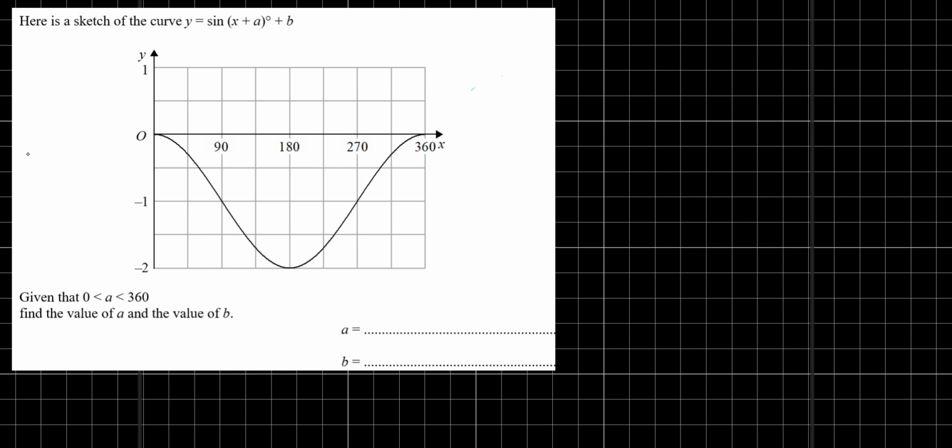A sketch of the curve y equals sine x plus a plus b. Given the inequality between 0 and 360, find the value of a and the value for b. So this tells us that they're sketching the graph between 0 and 360 degrees. And this is a transformation of a